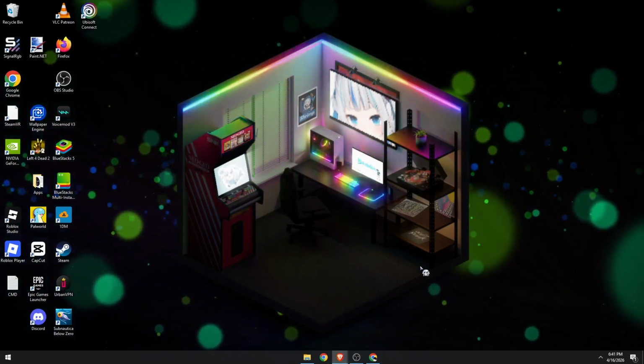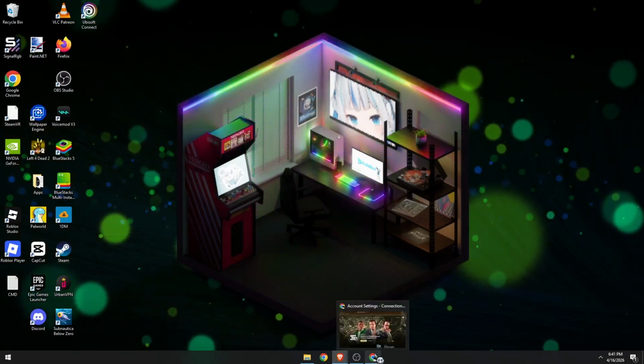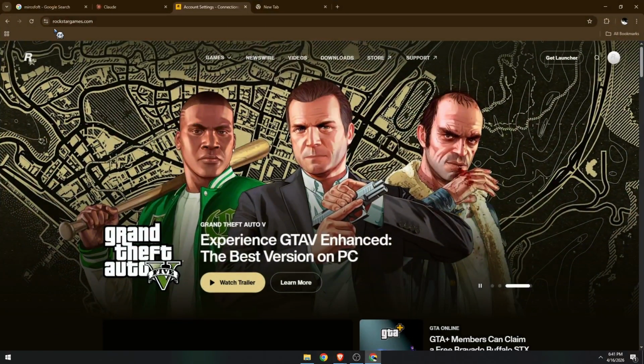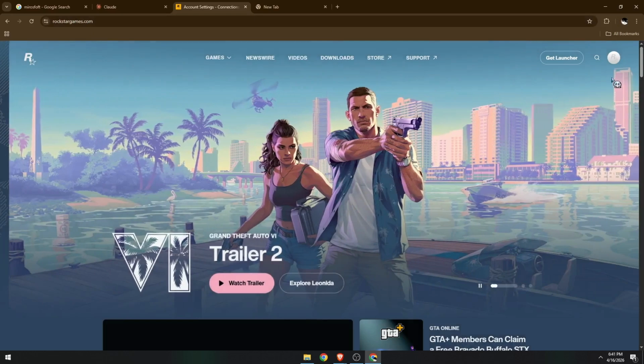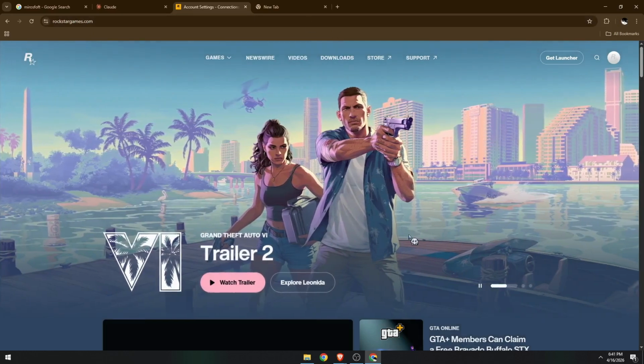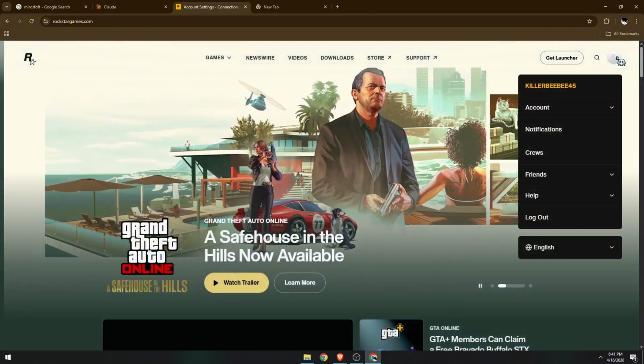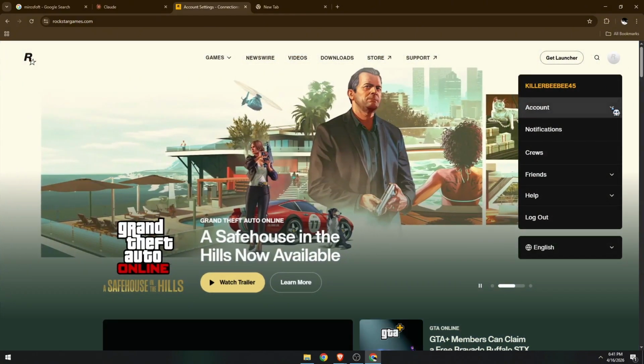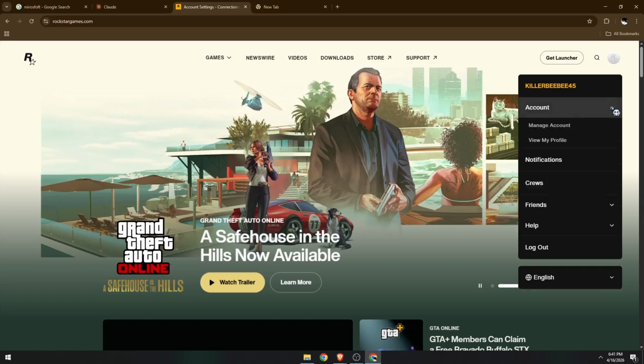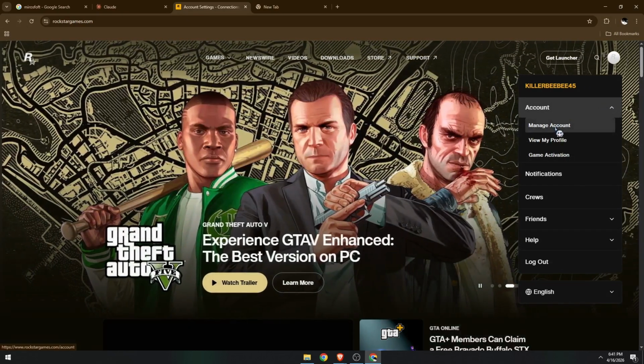Let's begin. First, open up your favorite browser. I have Chrome right over here. Go to the official website, log into your account, and once you are here, I want you to click on your profile icon on this side and then choose the drop down option for accounts and click on manage accounts,